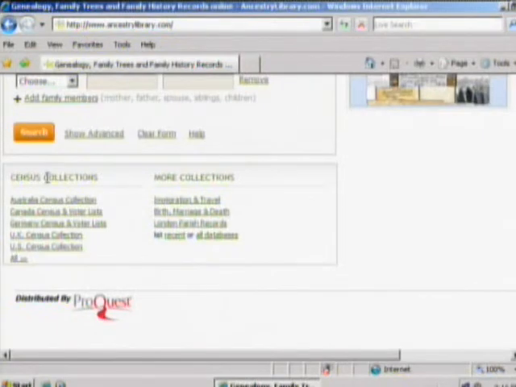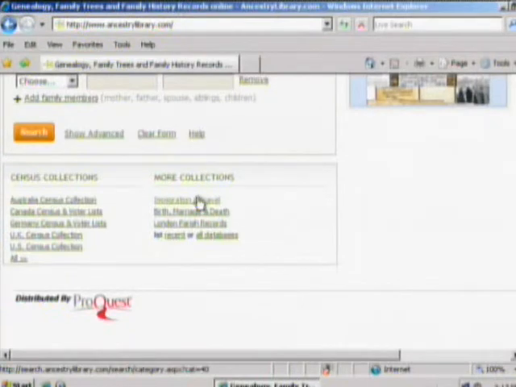But I wanted to focus down here on the bottom. There are links to the various census collections that are in this resource, and you can see from this very short list here, the U.S. Census collection is not the only one in here. There's access to the United Kingdom, Germany, Canada, and Australia. Those are complete census records for what's currently available online, or what's currently allowed to be online. So again, international in scope, if you have relatives overseas or ancestors overseas, or even living overseas for a period of time, these resources are going to help you too.